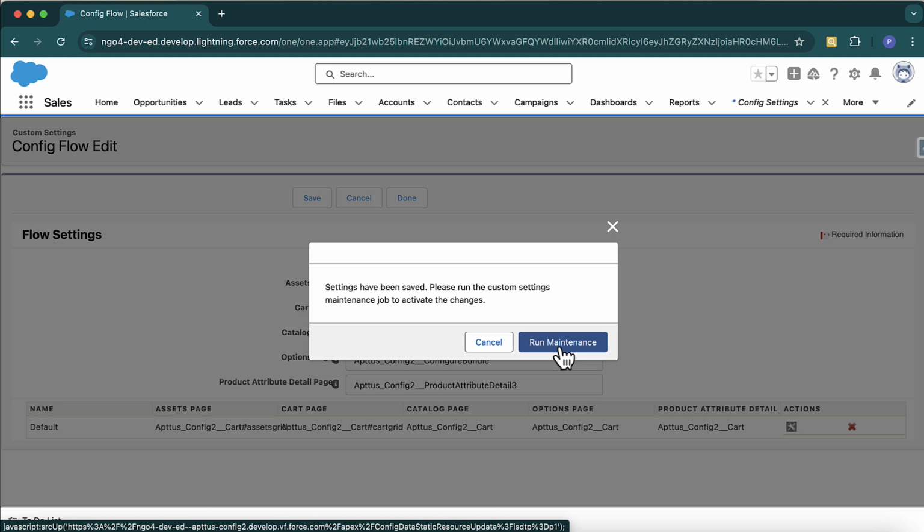So I have one option that I do all those changes and then run one maintenance job. Because what is going to happen after running the maintenance job? Basically CONGA will put all this at one place, at one object from where it can easily refer when you open the page, when you open the cart page, or when you really work on the CONGA flows. Without any delay it can read all that and pull all that information and show up to you